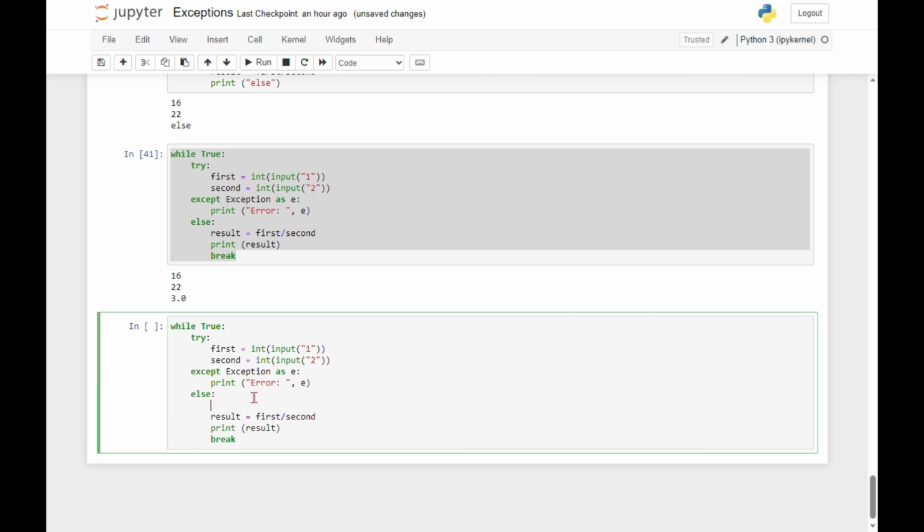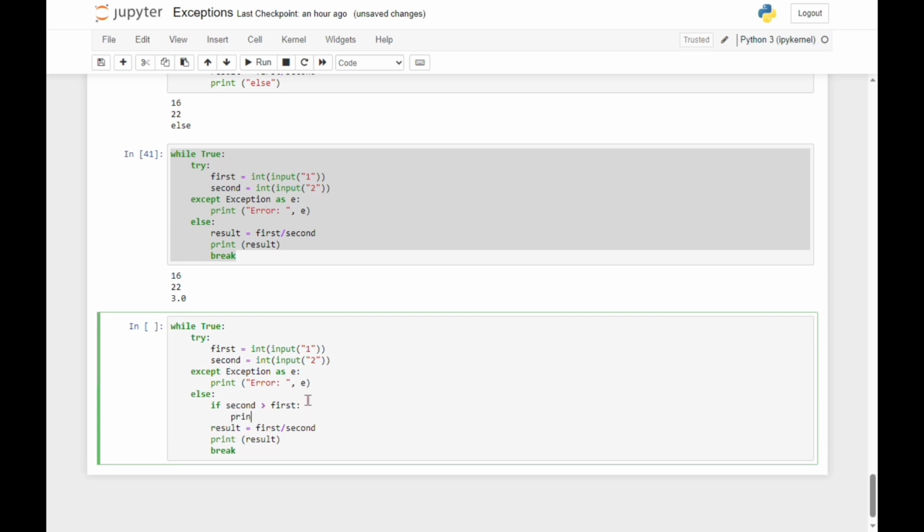So what we can do here, we'll say if second is greater than first, we can now say print second should